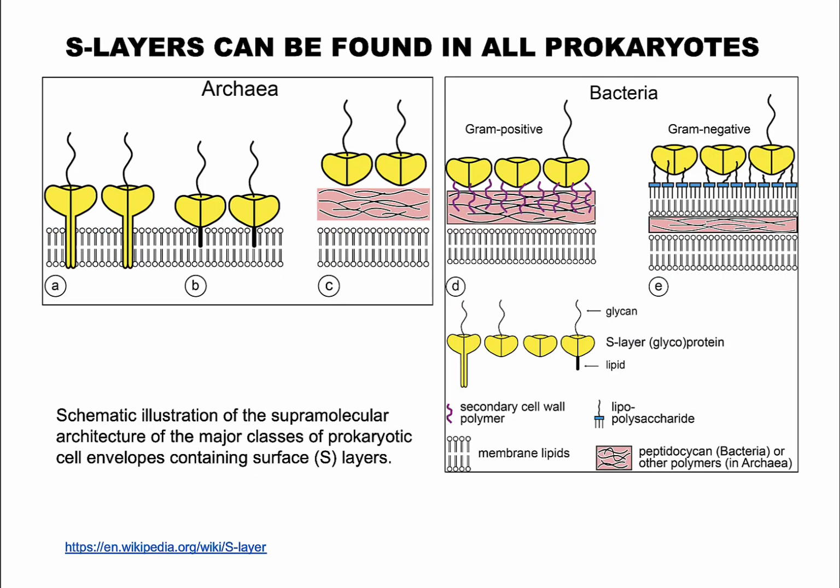S layers are a type of cell envelope structure made up of a combination of structural proteins and glycoproteins. In bacteria, it's located outside the cell wall, while in some archaea, it acts as the cell wall itself. The precise role of the S layer remains unclear, and they are challenging to investigate. However, existing evidence indicates that they may have various functions in different prokaryotic cells. These functions may include helping the cell to resist osmotic pressure and, in certain pathogens, engaging with the host immune